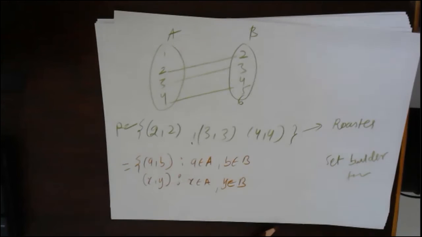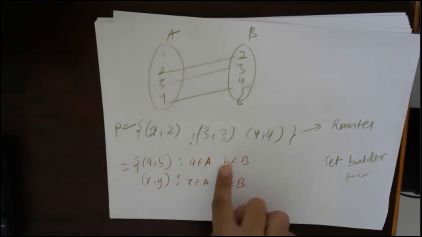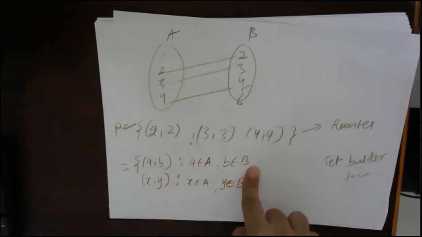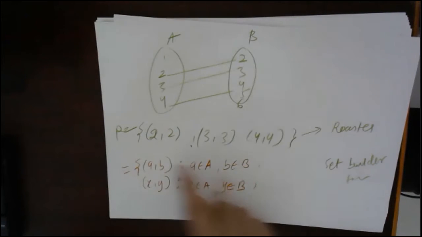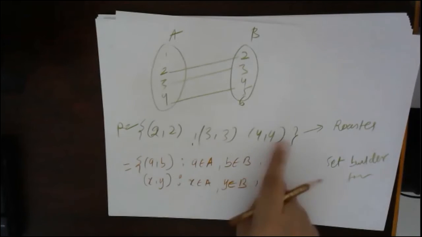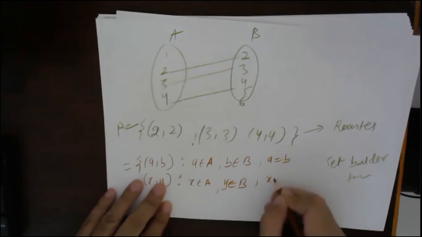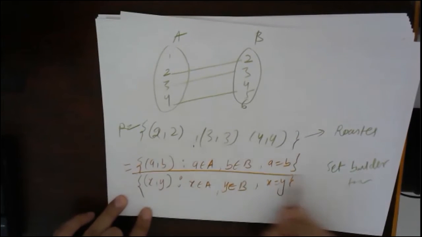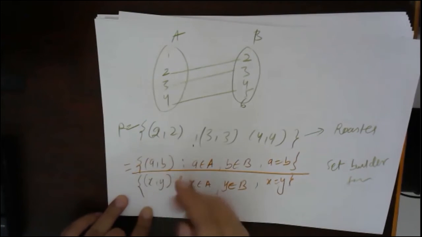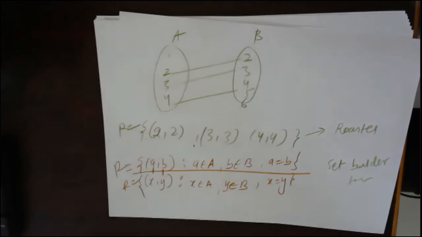So what I will do, I will define what it is. Small a is nothing but an element from set A, and small b is nothing but an element of set B. And how is a related to b? Tell me, how is a related to b? Can you see? a is equal to b. x is equal to y. Just check this one. Either you can write in this form or this form. I have just simply represented a with x and b with y. Same thing. So this is relation R. Just check this, and I will give you one more example.